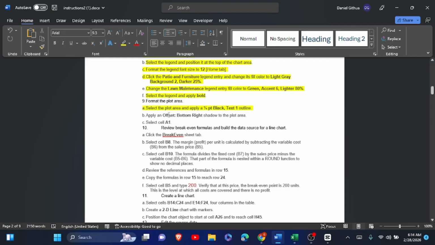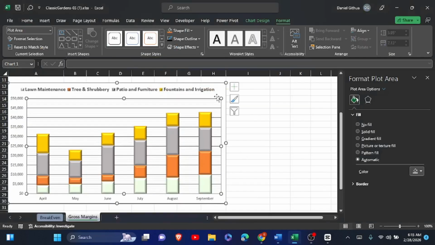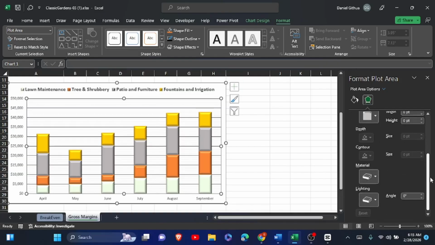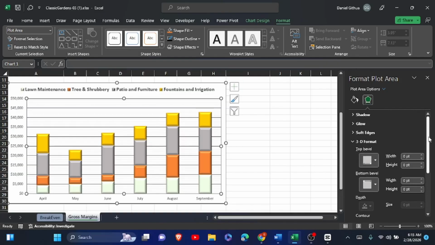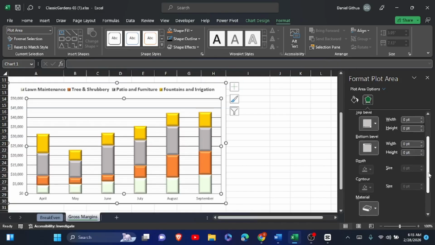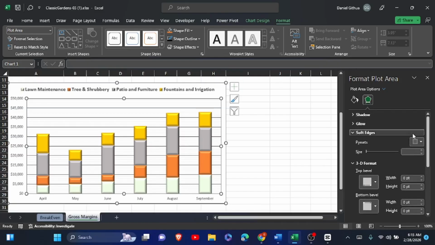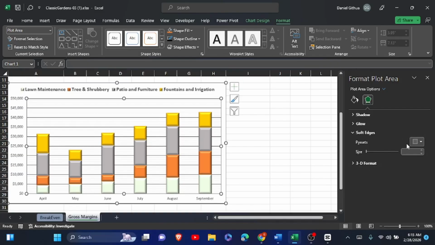So the B says apply an offset bottom right shadow to the plot area. So it is still selected. We are coming on this format plot area, click on this other side, and we are going to 3D format. And on the 3D we want, you can click on, actually you're clicking on soft edges, not the 3D. Click on soft edges, and on presets click on